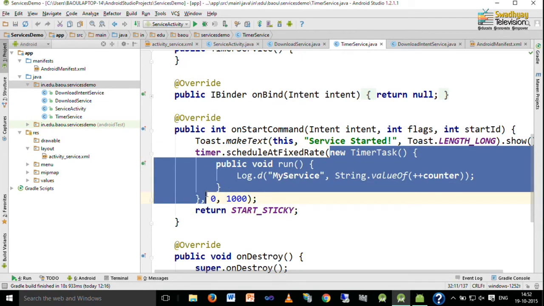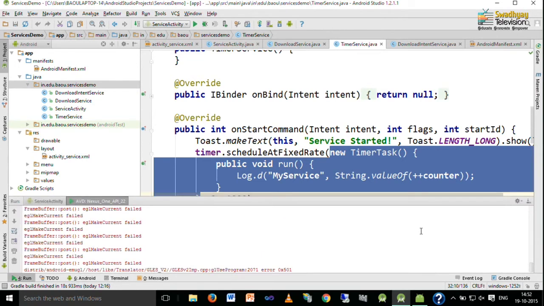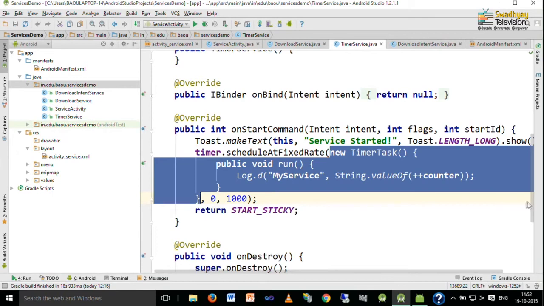First is a timer task, this is shown in the highlighted portion on screen, and inside run we write down the task that we want to perform repeatedly. So, here we have used logging features and D represents debug. So, in the logcat window you will receive a message with my service and the value of counter.